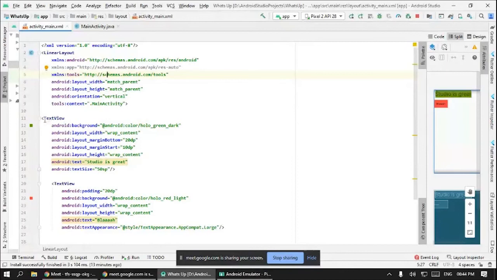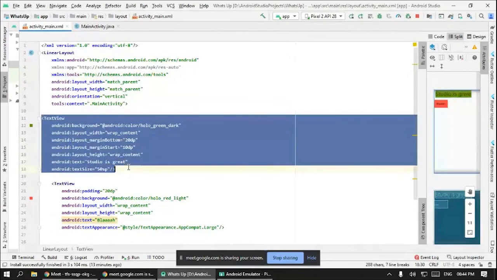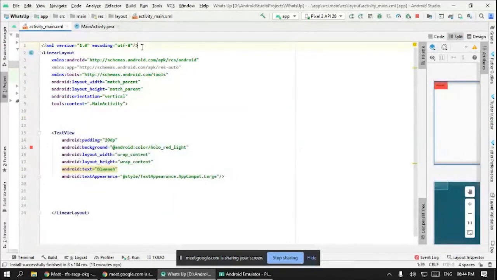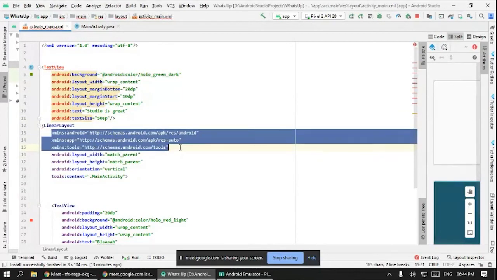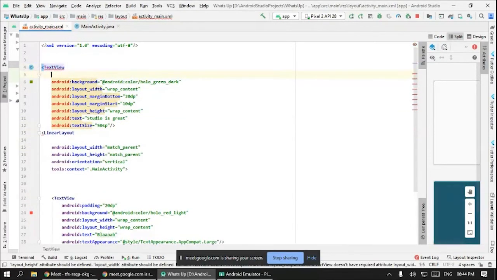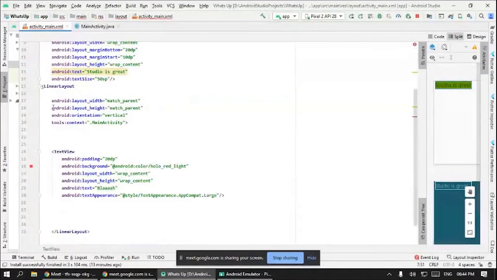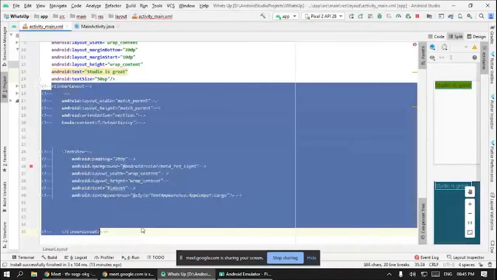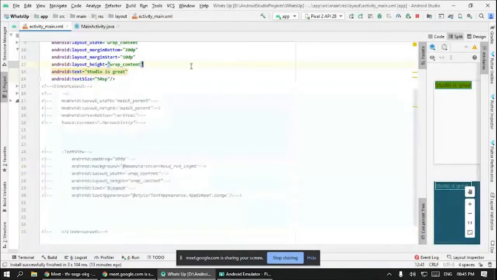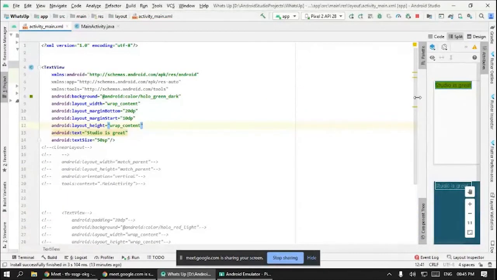Let's get real. I will take this text view and paste it outside of the linear layout. There is a lot of error because we need all these here. See, it does work without a view group.